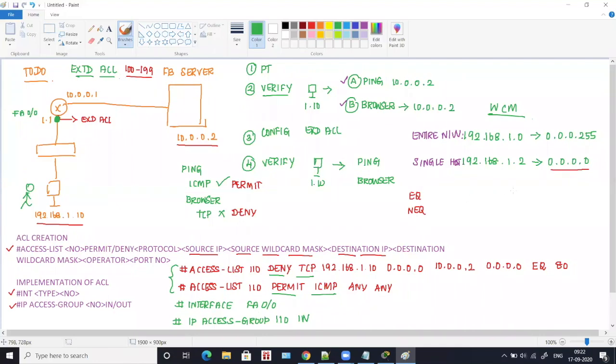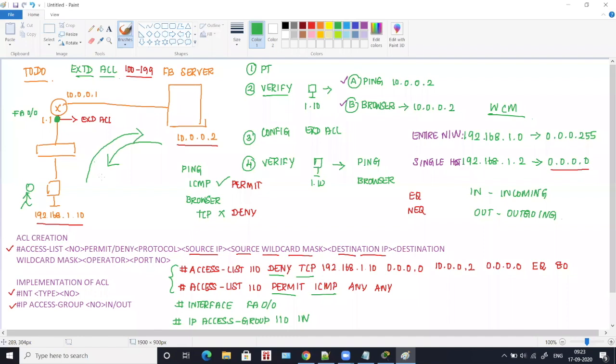In is the incoming traffic and out is the outgoing traffic. Okay, so we have to set whether this has to be done for incoming traffic or outgoing traffic. That is, when something goes out of your computer, from out of your LAN, it is outgoing traffic. When something comes inside your LAN, that is incoming traffic. So you have to set whether it has to be for incoming or for outgoing. You can set any one. Either you can give in or you can give out.